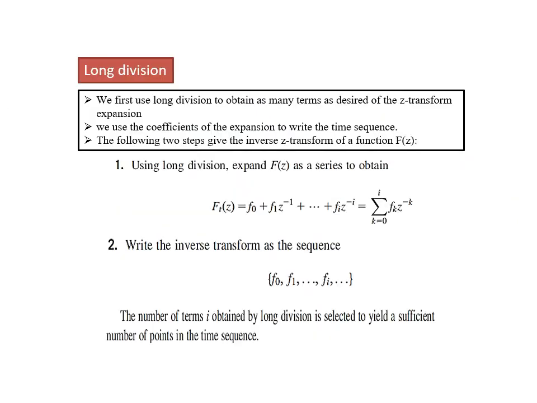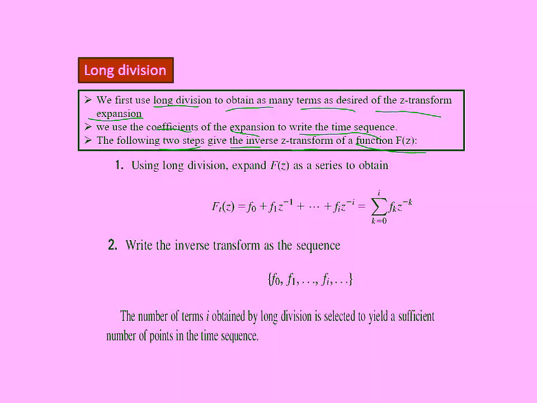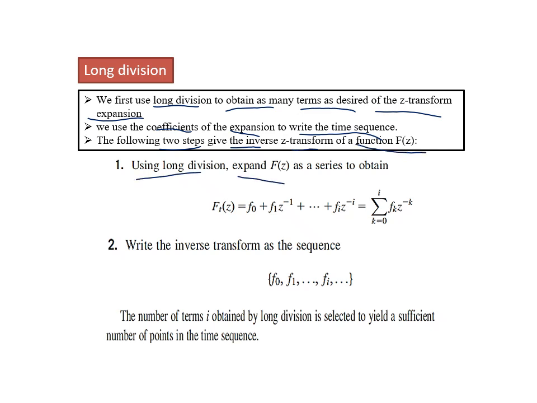First, we will use the long division to obtain as many terms as desired of the Z transform expansion. We use the coefficients of the expansion to write the time series. We will see the two steps used to give the inverse Z transform of function f of z. First, we use long division for expansion of f of z